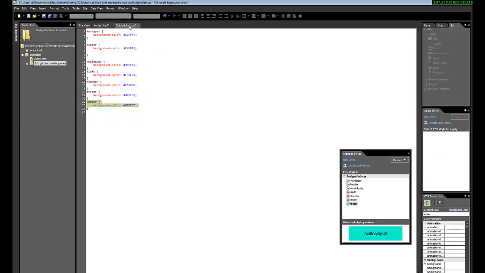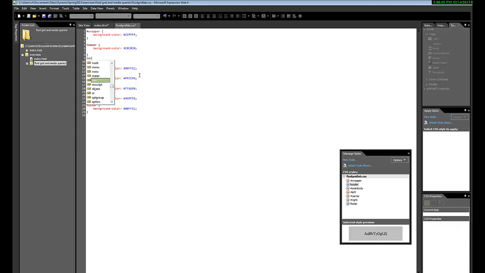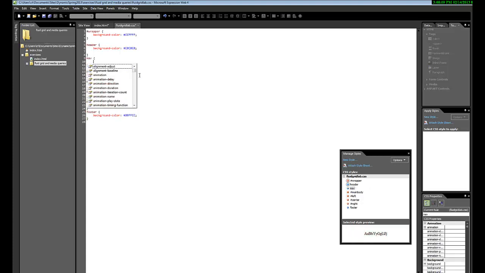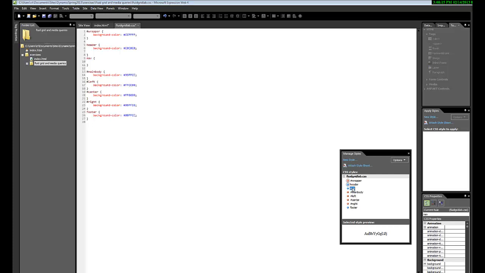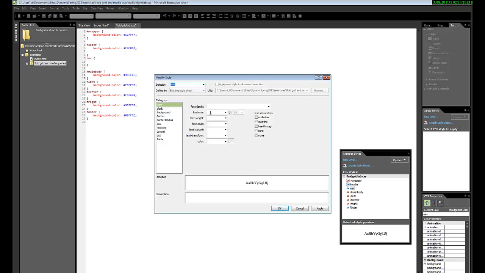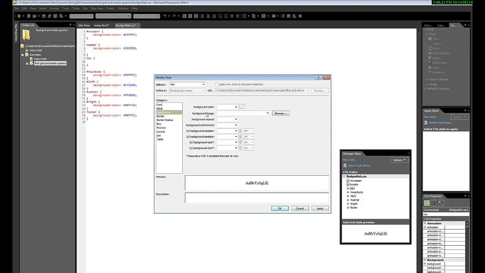Okay, and I haven't added one, so that comes after the header but before the main body. And as soon as I do that, it shows up in this area here. I can modify my style, background,